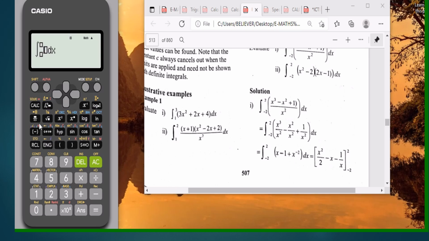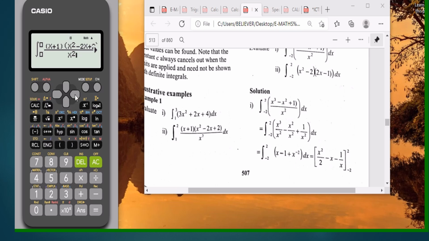Then our over sign. Okay, so we select our bracket, then alpha x plus 1, bracket close, bracket open, alpha x squared minus 2x plus 2, all over, which has taken us to the denominator, all over x